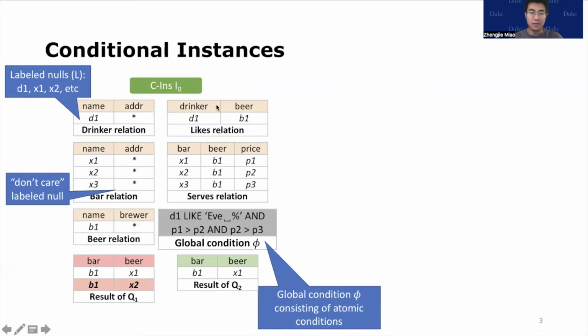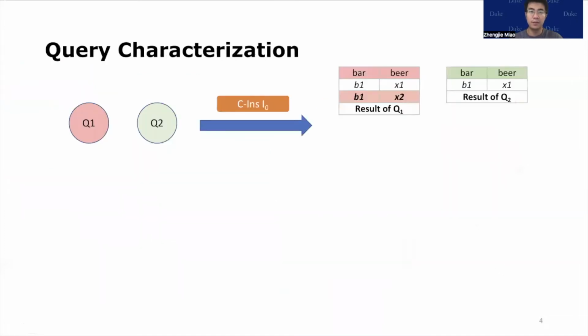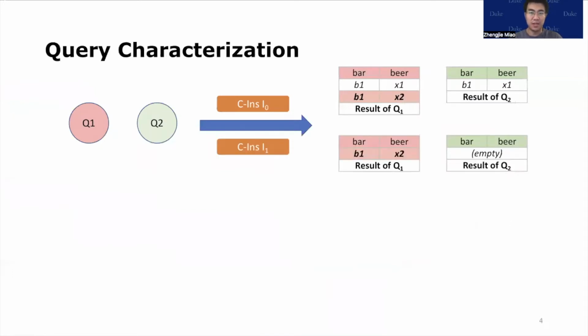Here, this instance I0 captures the mistake that the wrong query would return not the lowest prices as long as the instance has three different prices. We also show another C instance I1 with only two different prices, but its condition captures the error in the string comparison. In short, these two C instances explain the two mistakes in Q1 compared with Q2.